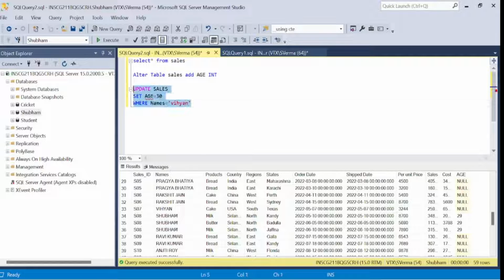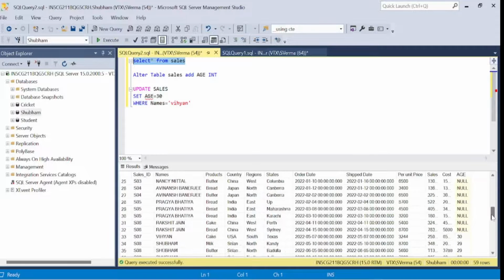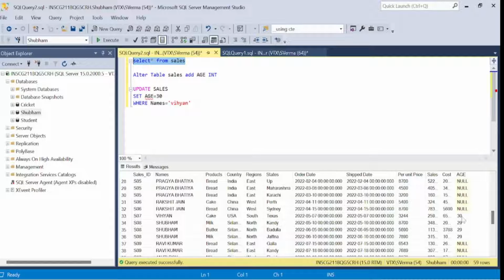And now let me select this command and execute. So here we can see 2 rows are affected because in this data set Vihan is only written 2 times. And now let me open this sales table again and see this value is filled with 30. So I hope now you are clear on how we can fill the values with this update command with where